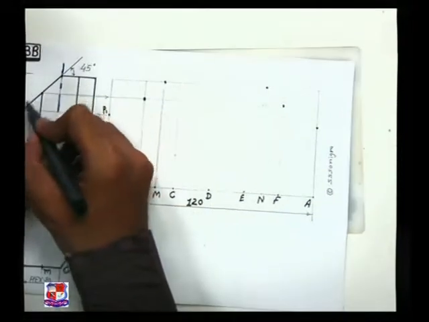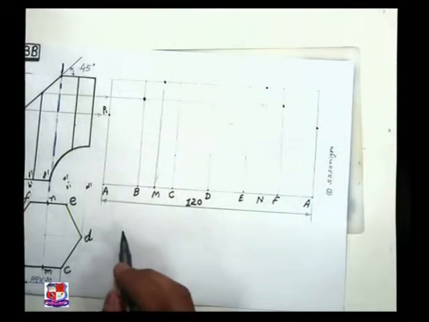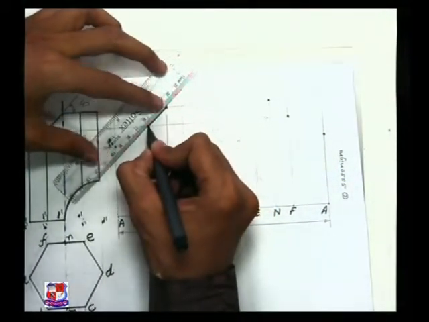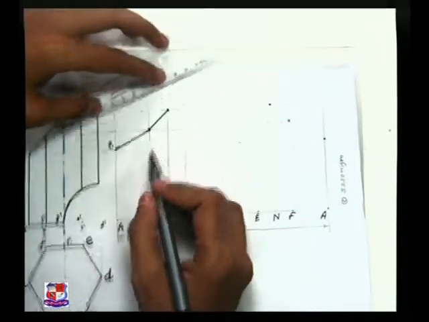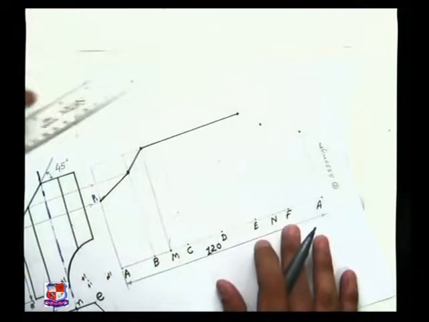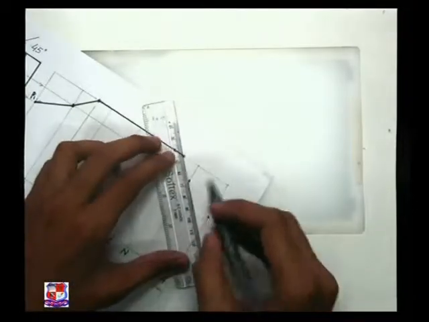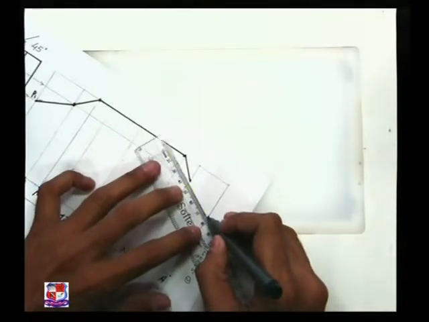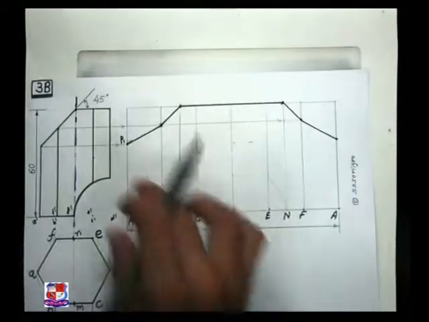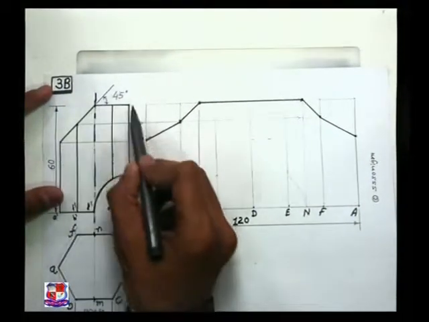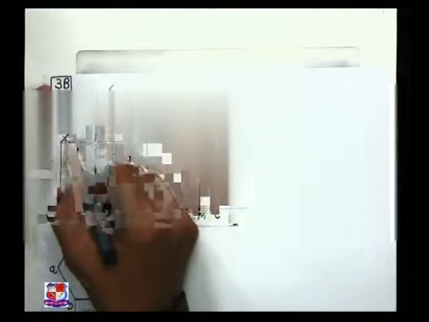So we have located all these points and join all these points with a straight line. So it would appear like this line, because it's a prism and the cut portion is a straight line. The developed portion would always have straight lines like this. Here a curved shape would not be there anywhere, because no arc is there. So this upper portion we have drawn, this much portion is drawn like this. This is the development of this portion.